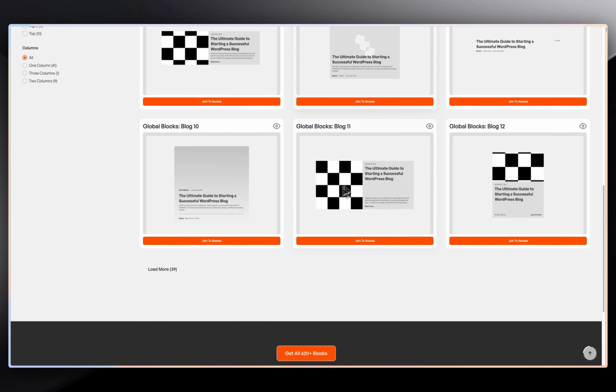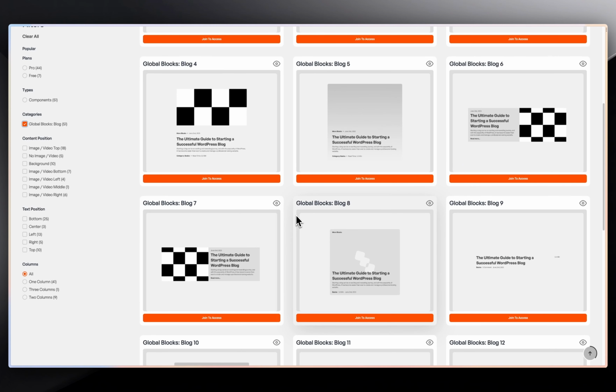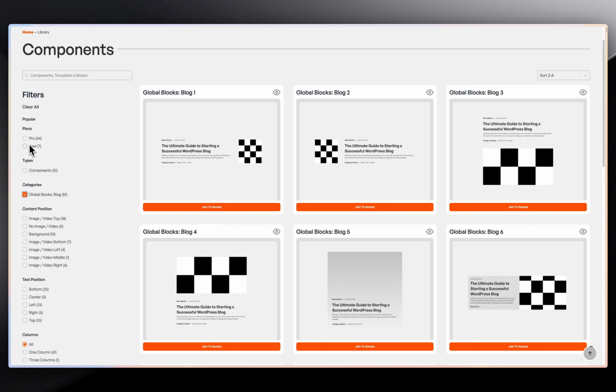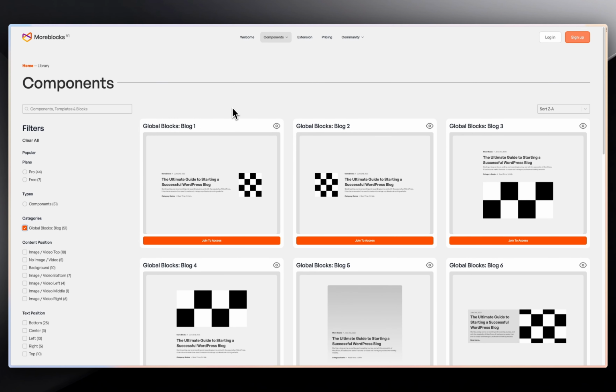So these are all the cards. I think there are 51 of them. So if you are in the free version, I think there are 7 cards that are available for the free version. In the pro version, we have 44. So together it's 51. So this is what it looks like. So we're going to go into the back end, and we're going to use the pro version to build out